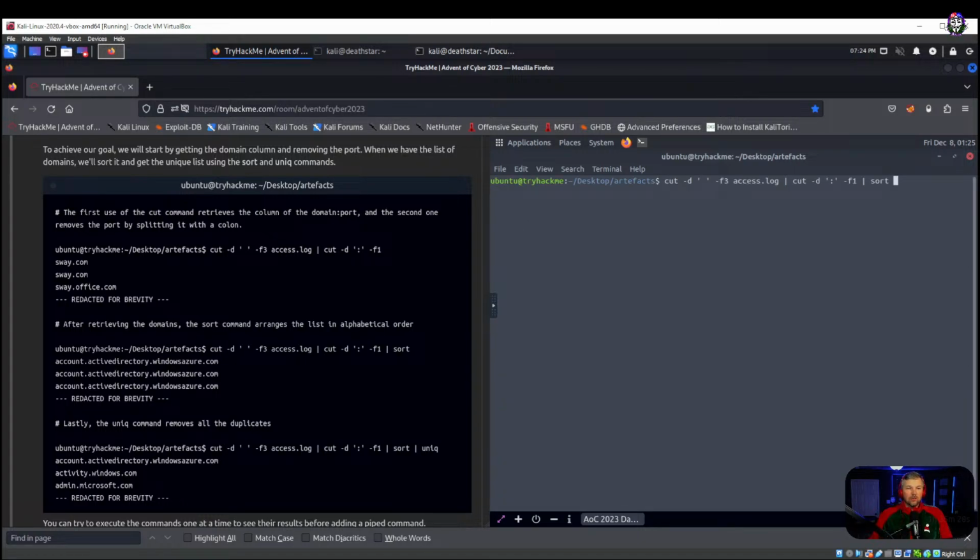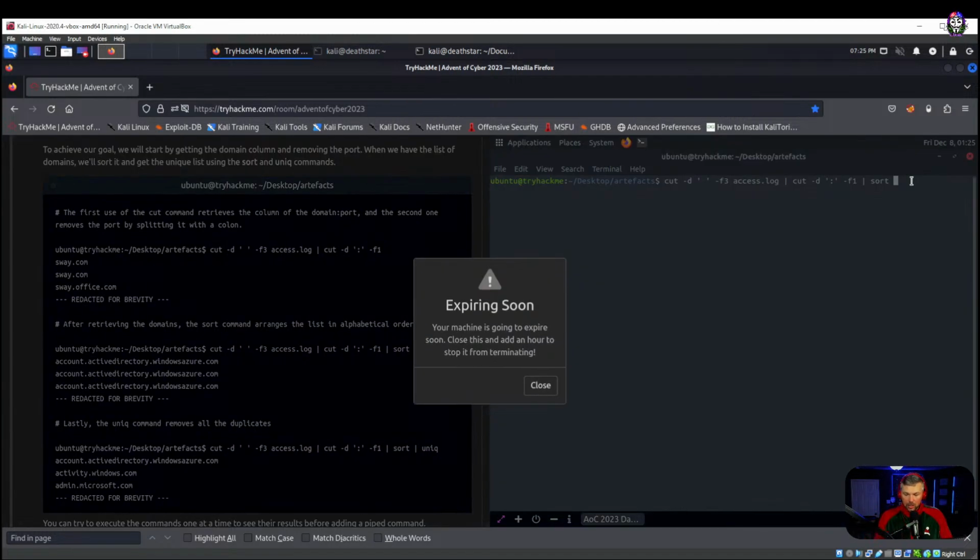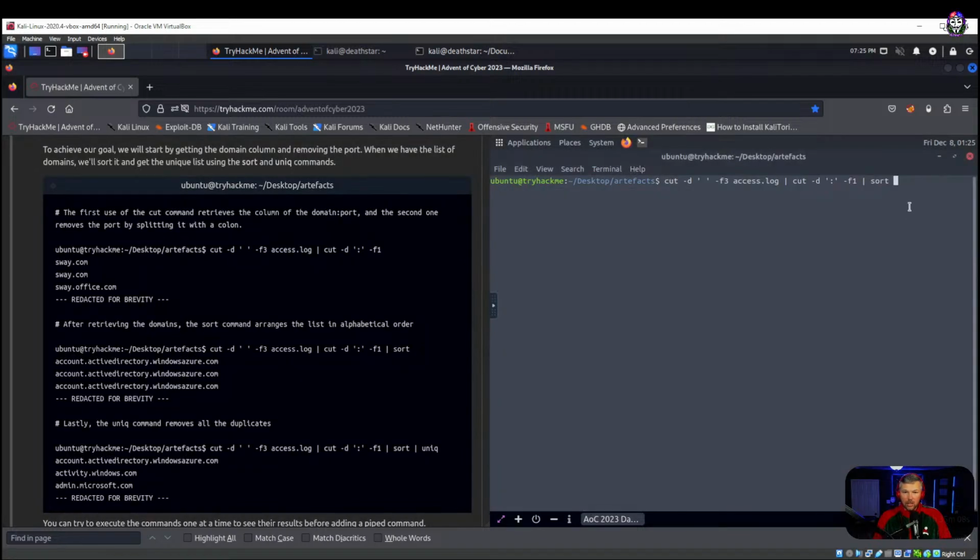Now we've taken our first access log. We've chopped it down to only show domains and their port, and then we've cut it again to only show the domain, without anything after that. Then we're sorting all of those. And now what are we going to do? Now we're going to come in and say unique. I only want to see